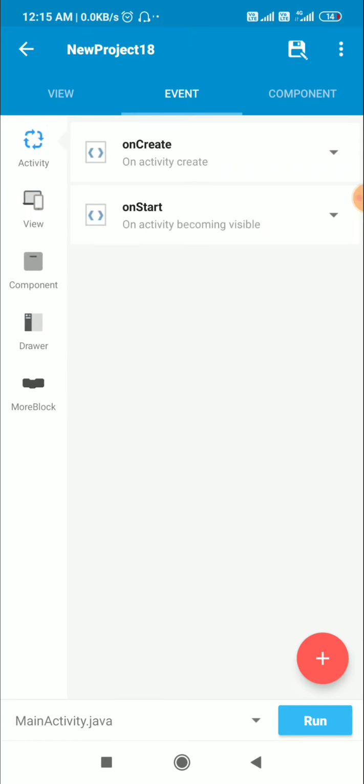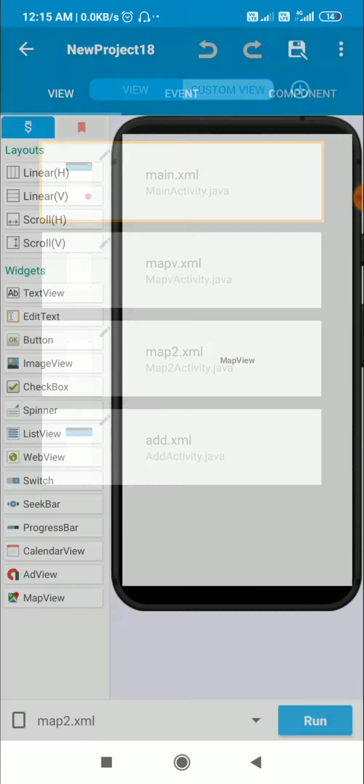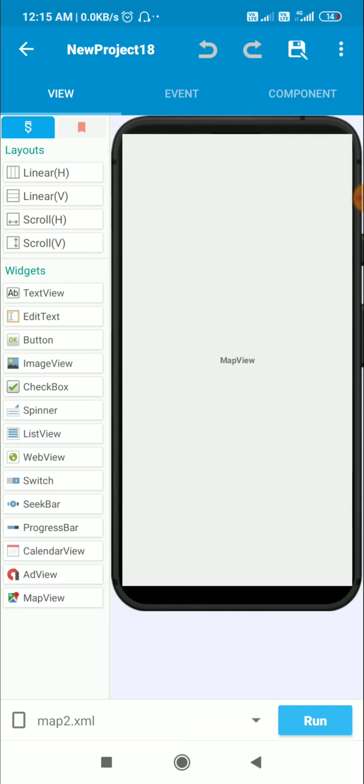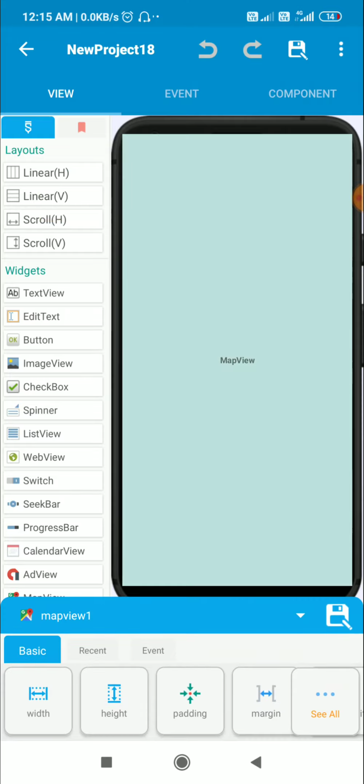So that's all here. Now in map 2 activity, here also it is full screen and I have a map view here.